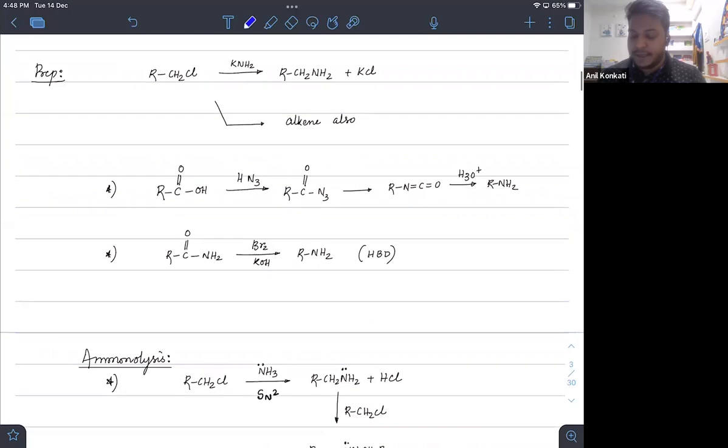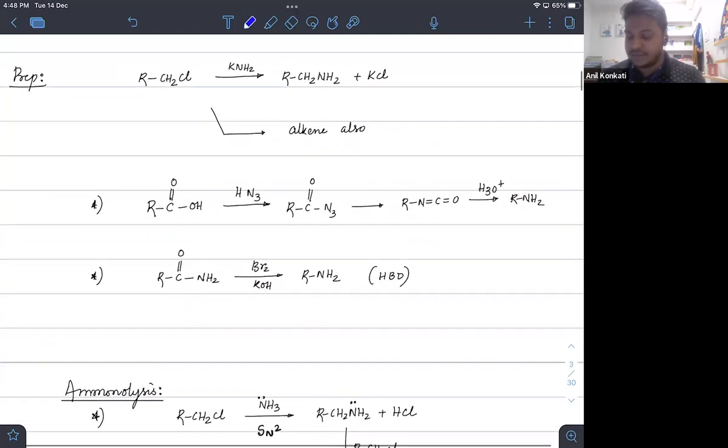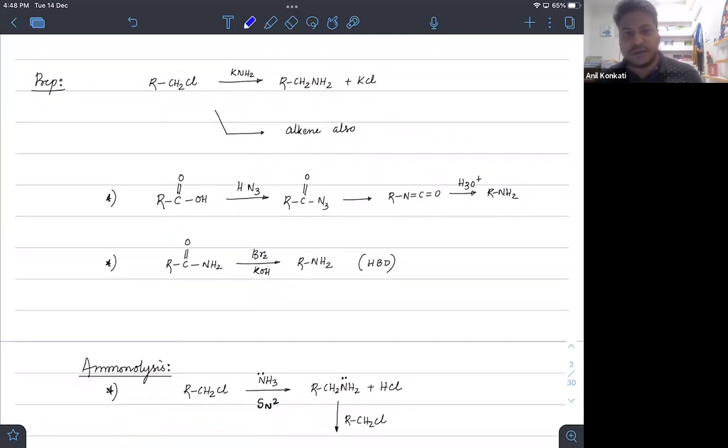Now coming to the preparation of amines, we'll start off with simple reactions which are relatively repetitive. So for example, if you have an alkyl halide, if you react that with KNH2, correct? See, KNH2 is a very strong base, so it would usually prefer to go by the E2 mechanism, unless it is at the primary position with least crowding. So when you have least crowding, it has an ability, right?